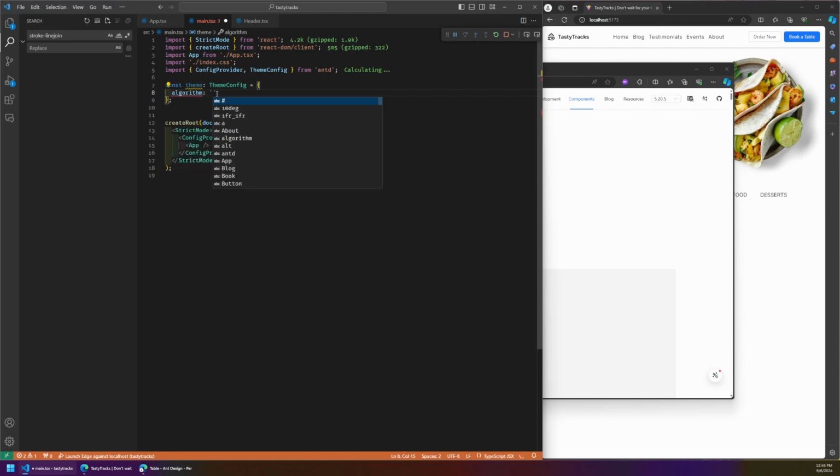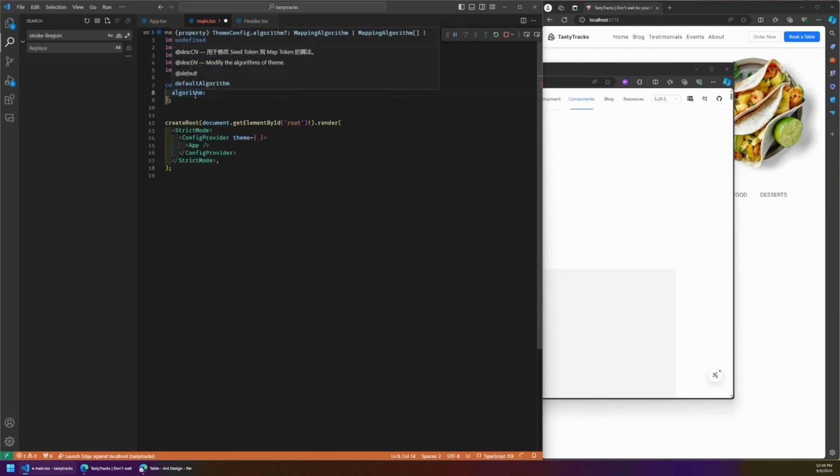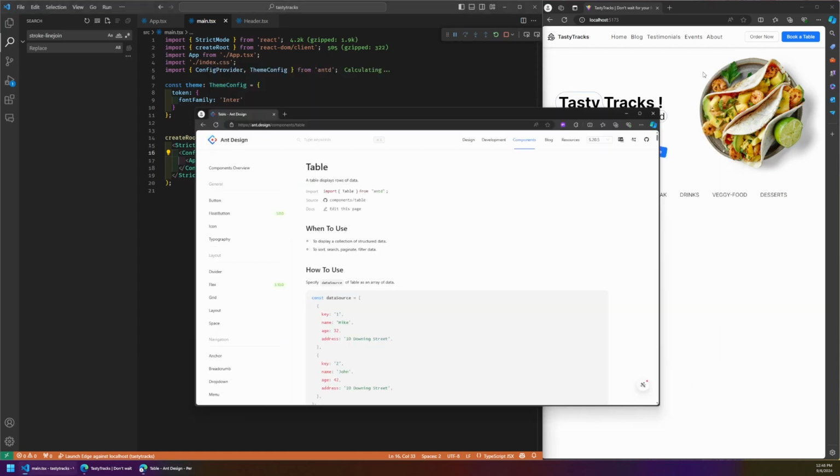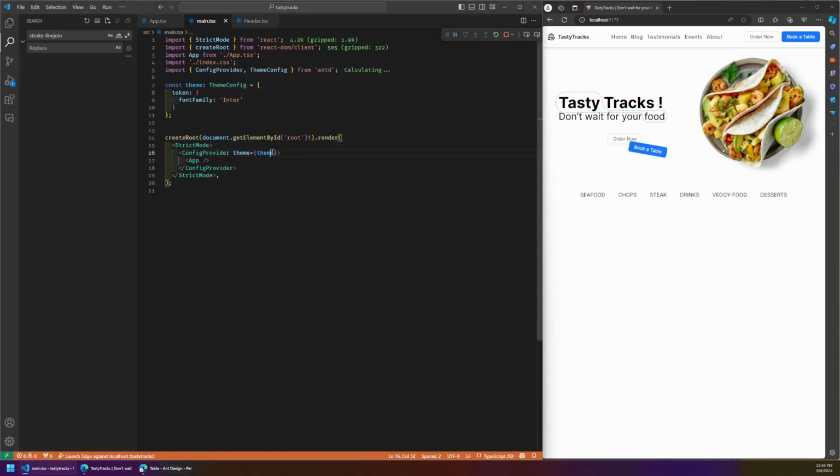I see. So algorithm. Algorithm is mapping algorithm. Okay. Components. Okay. Token. Okay. Font family. Make it Inter. Let's say theme here. Okay. So this is supposed to set the font family of the thing. So if I remove this,